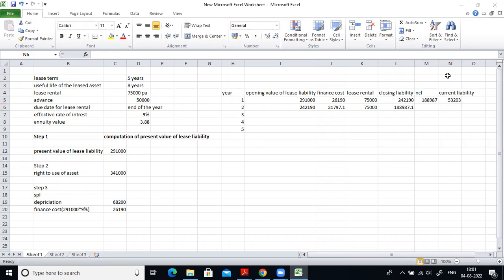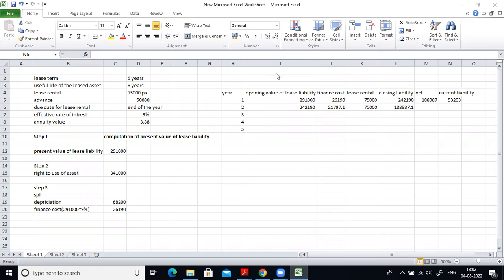Yeah, so the same treatment is applicable for the second year, third year, fourth year. And do remember for the fifth year there will not be any non-current liability. Generally, in the fifth year the lease payment, that is the lease rental paid by the lessee, will be equal to your current liability. Now this holds if we are assuming that the lease rentals are paid in arrears.